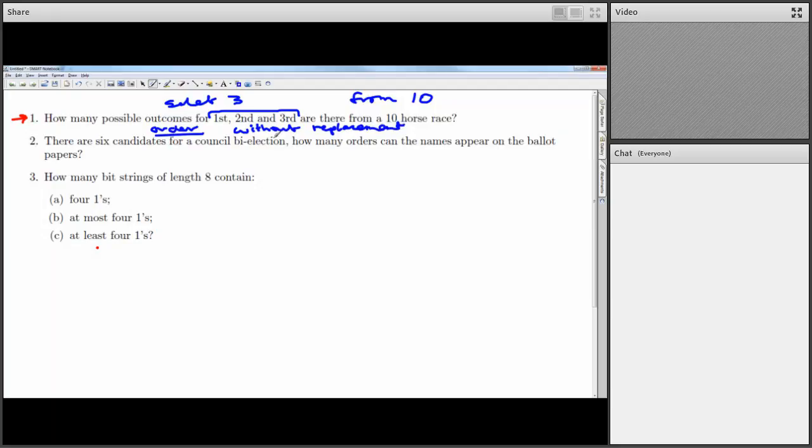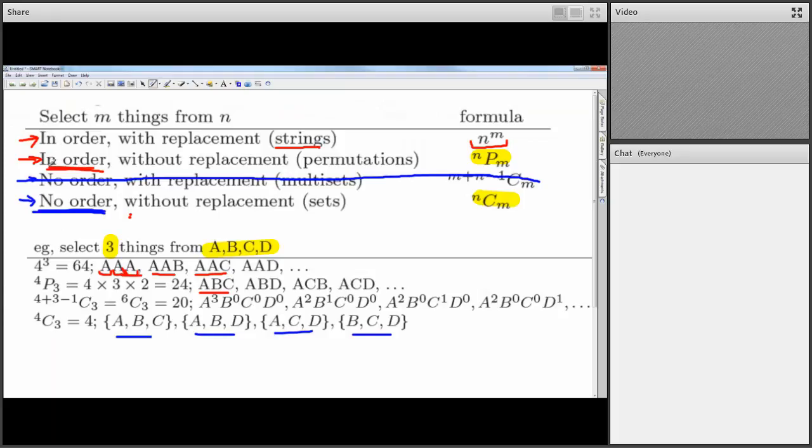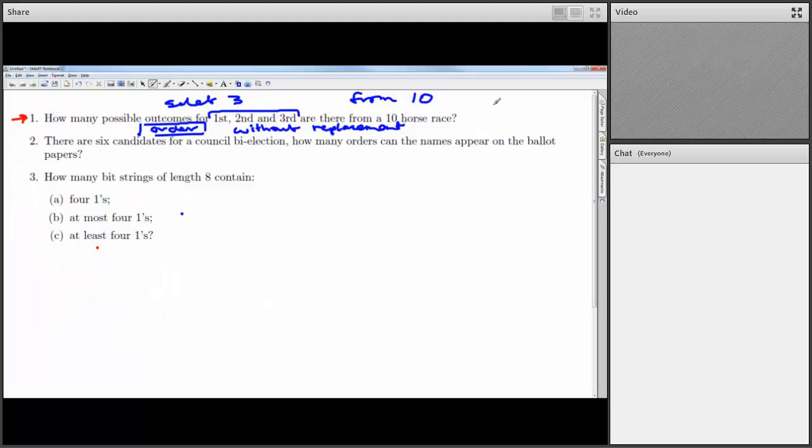Now, you don't have to think through these things, but I think a really key idea is to realize that we're trying to order 3 horses from 10. And as soon as you're trying to order 3 horses from 10, then we're doing things in order without replacement. So really, it's just going to be a permutation. So that's what it's going to be using this sort of formula. And so therefore the answer is going to be, I've got 10, I want to permute or order effectively 3 of them. So that's the answer.